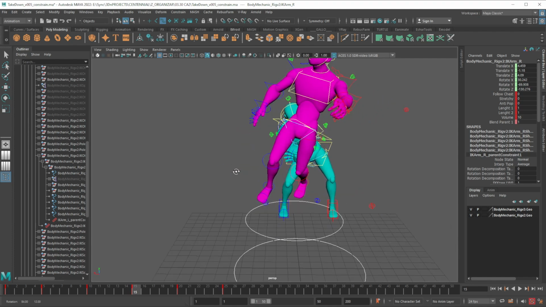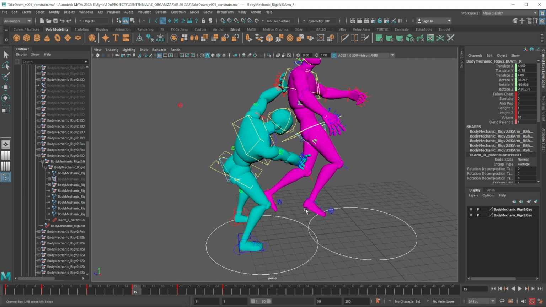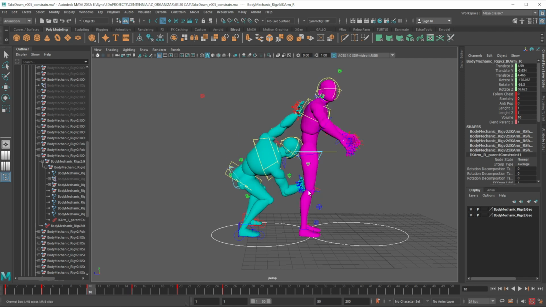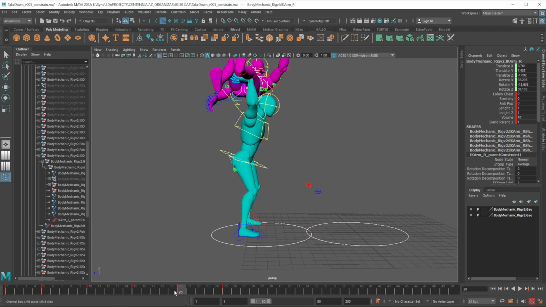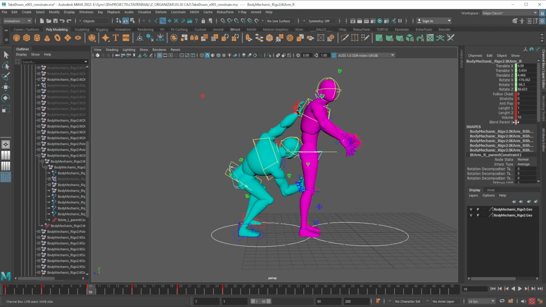I'm gonna have to adjust this because it's kind of weird. But anyway, I want to constrain it already because I want him to grab the guy and then lift up, and I wanted the hand to follow the knee all the time. So you see here that it's not keyed as well because it's like this light red or whatever. Anyway, I'm gonna hit S here to key everything,